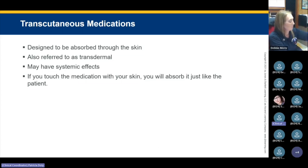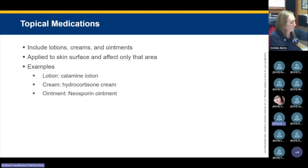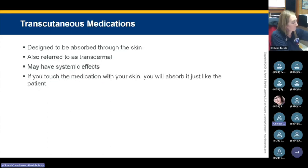I'm going to back up real quick and talk about topical medications too. If you give this without it being on a gloved hand, guess who also gets that medication? Same thing here. If you touch a medication with your skin, you are going to absorb it, just like the